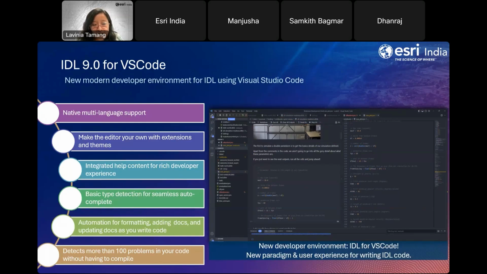So as IDL 8.9 and IDL 9 have this support for Visual Studio Code, if you have the license for IDL, you can add the IDL extension in Visual Studio Code and work in the new modern developer environment. As a code editor, Visual Studio Code provides